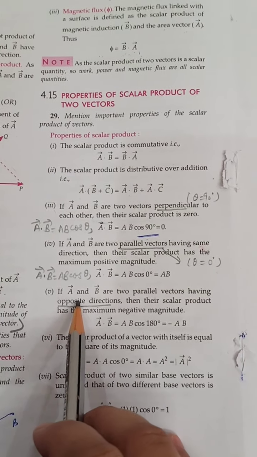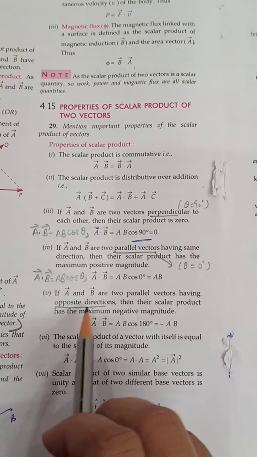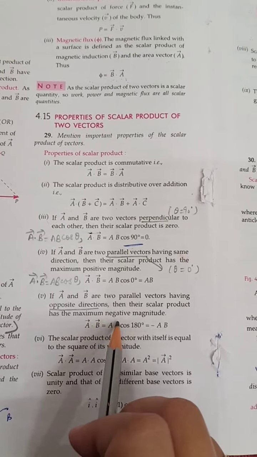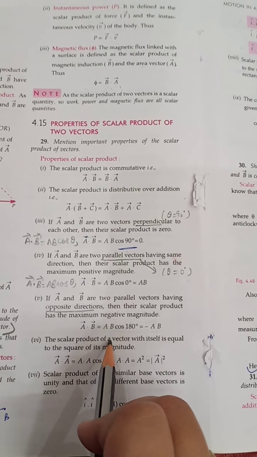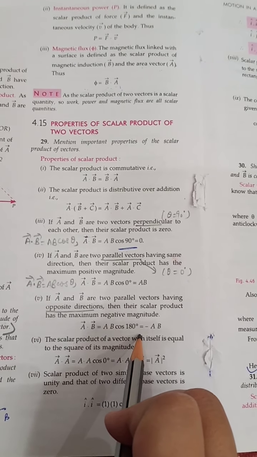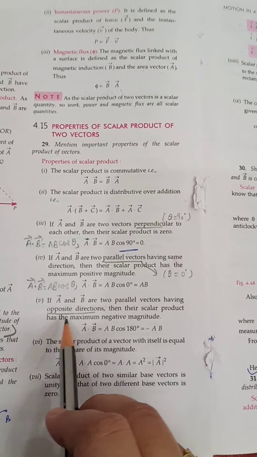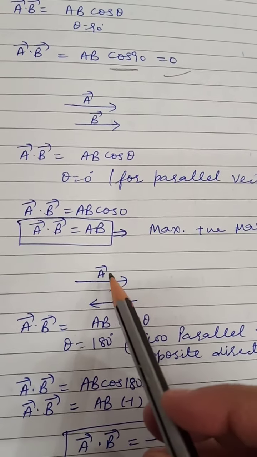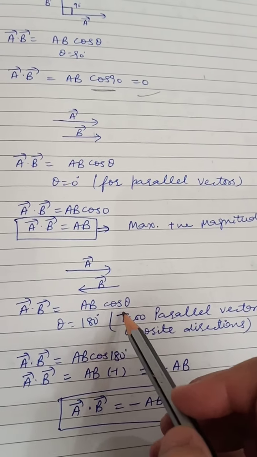Now fifth is, if a vector and b vector are two parallel vectors having opposite directions, then their scalar product has the maximum negative magnitude. So a vector dot b vector is equal to ab cos 180 degree. When these two vectors are acting in the opposite direction, we know that the angle between them is 180 degree. So like this, when these two vectors are anti-parallel with respect to each other, then the angle between them is